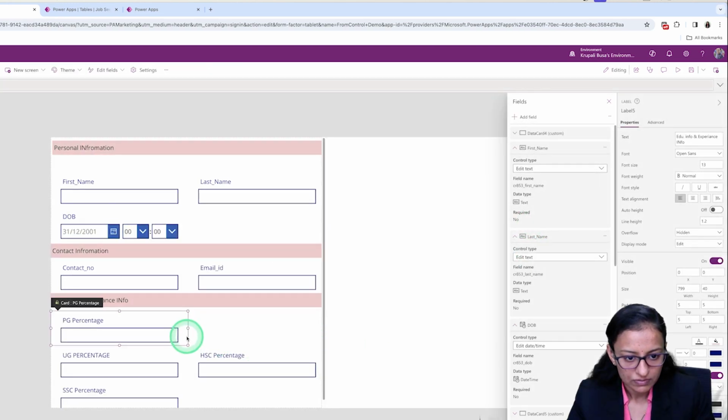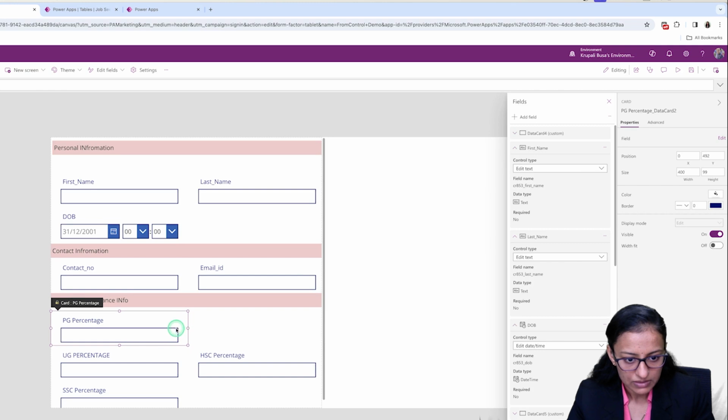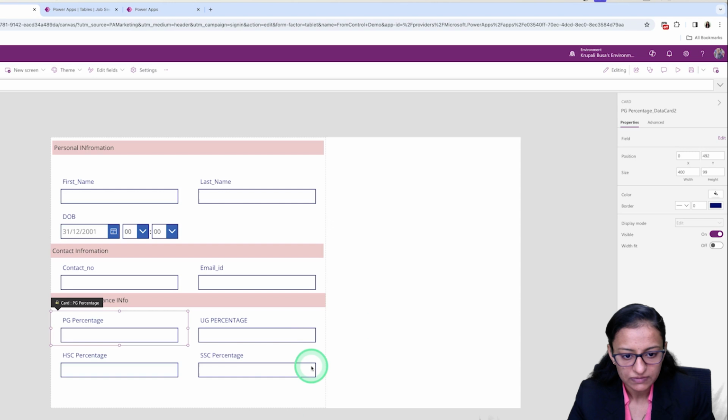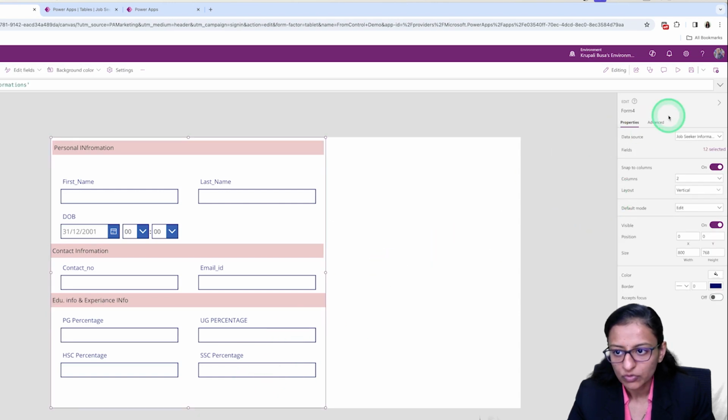So here this will be added. Let me decrease the size a little bit, so everything will fit into columns. And after that I want to add the